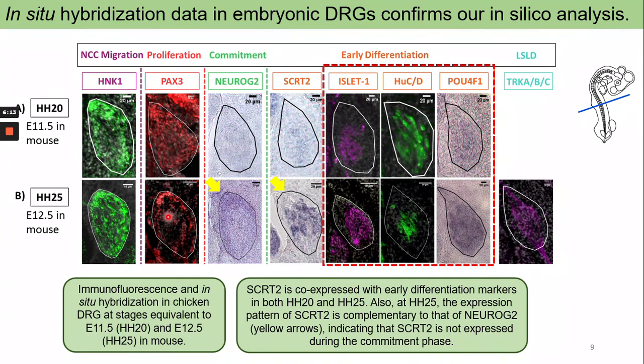And if we observe the expression pattern of Neurog2 and compare it with the expression pattern of early differentiation markers, we can see that there is a complementary expression pattern. So if we overlap Neurog2 and Scratch2 or Islet1, HuC/D, or Pou4f1, we can see that there is this complementary expression pattern. And this can indicate that Scratch2 is not expressed during the commitment phase, but during the early differentiation